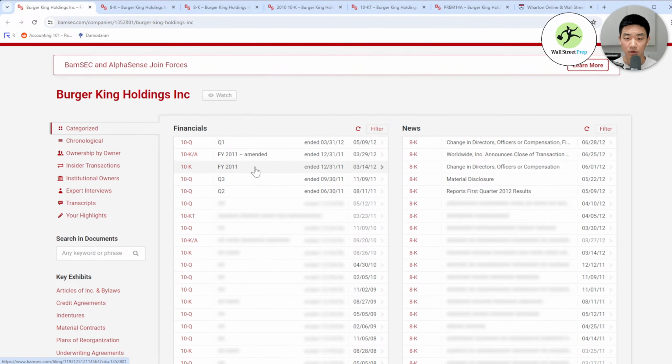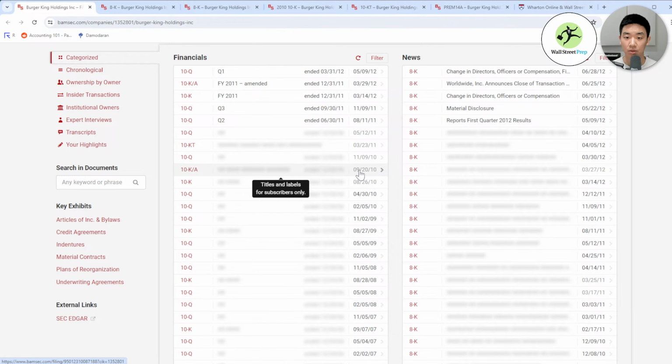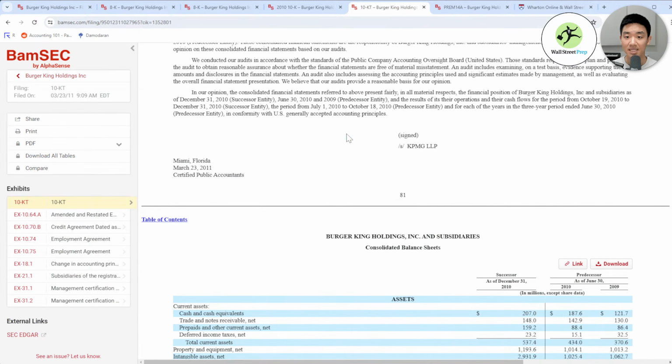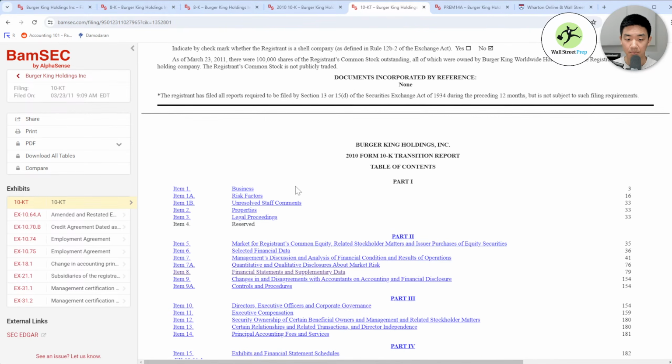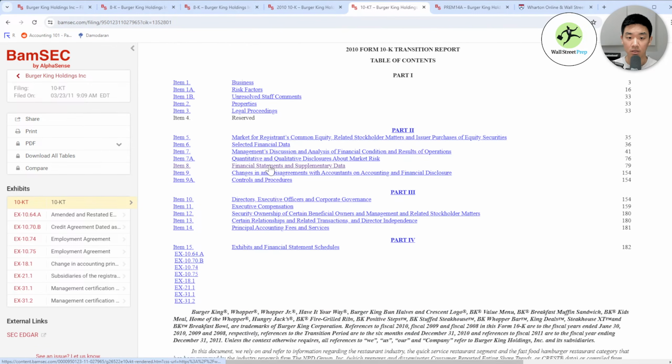So if you remember earlier, I mentioned, okay, normally you'll only have the filings from when the transaction was announced, and then the company, once it's private, is not going to be publishing 10Ks, 10Qs. But Burger King did for whatever reason. So what's really helpful in our case is that we can go to the 10K a year later, and they're going to list out all of the important information we need for what actually happened for the transaction.